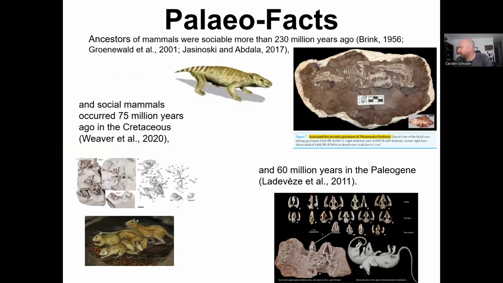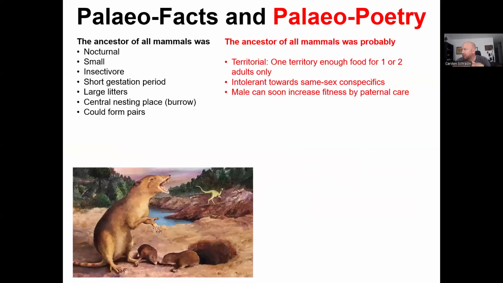But when we look at the paleontological evidence, it's maybe not as surprising, because already for ancestors of mammals, cynodonts living 200 million years ago, there is fossil evidence for pair or group living, as there is for early mammals 75 million years ago, and for mammals 60 million years ago. If you add to these paleofacts some paleopoetry, and we look now at a potential ancestor of all mammals, that's a Brachyrhinodon mammalian that lived about